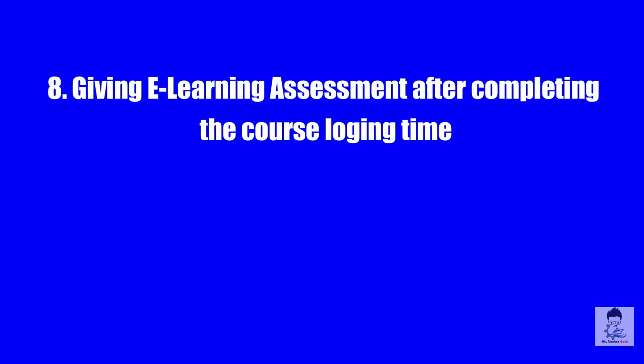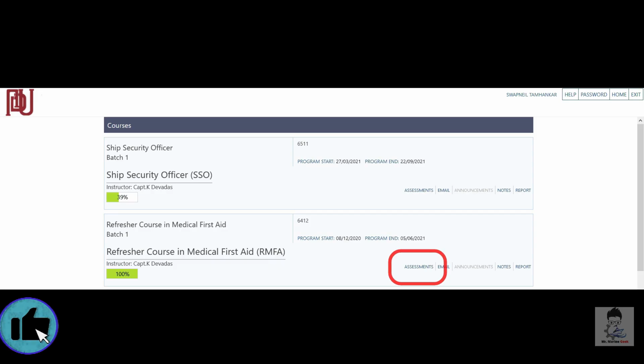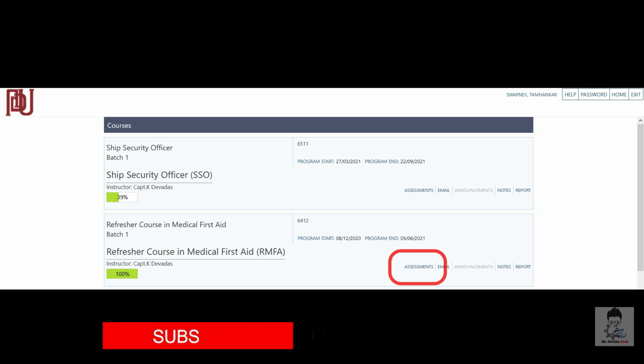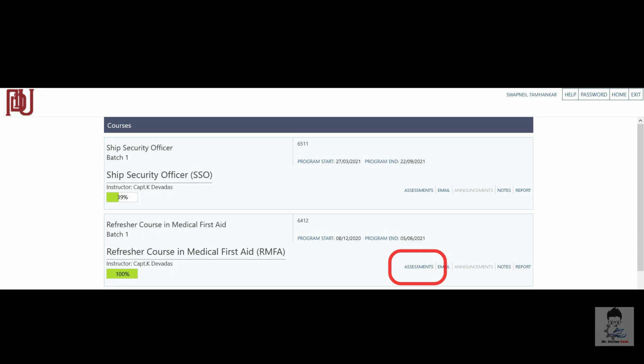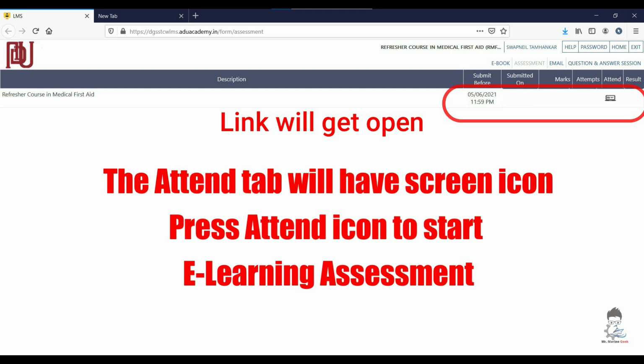So welcome to section 8. Now we will see that once you have finished your course logging time, how to give your e-learning assessment. Coming to the same dashboard, the same assessment link which previously used to give the error message, but now when you click that assessment link, it will open in this way.